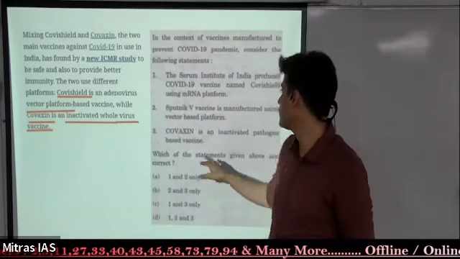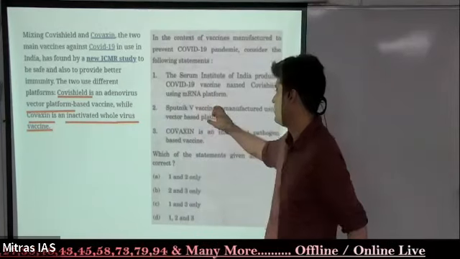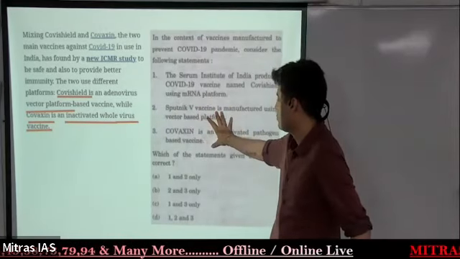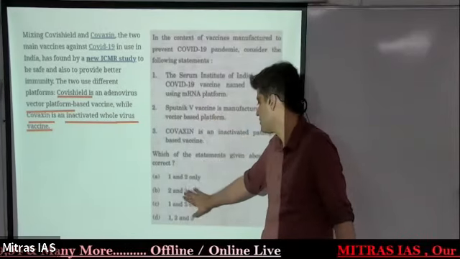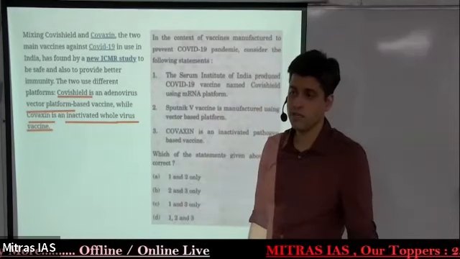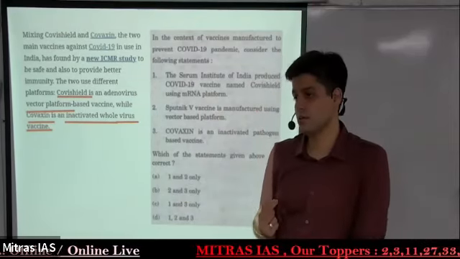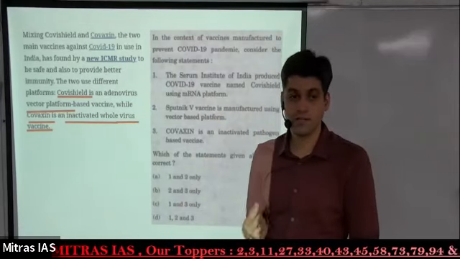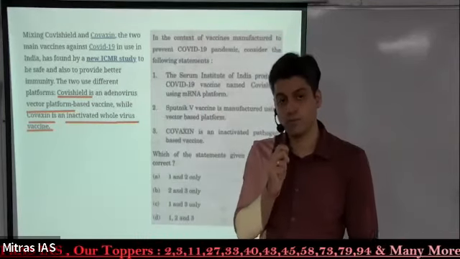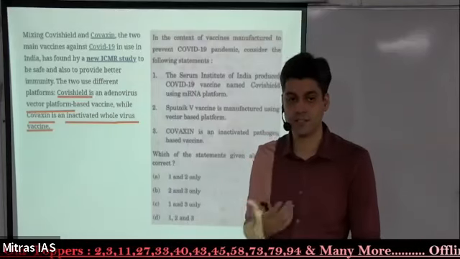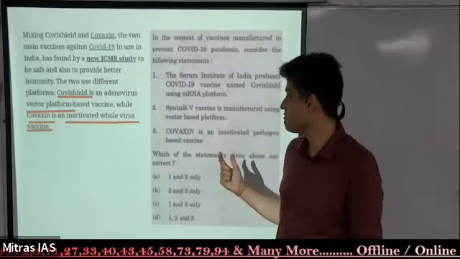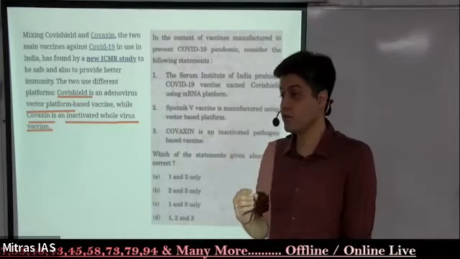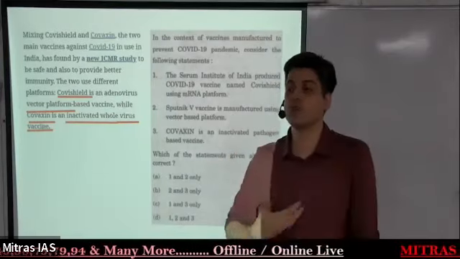So this was incorrect immediately. If this is incorrect, I don't need to look here. This is incorrect, this is incorrect, this is incorrect. This is the answer. Two marks today, when 85 is the cutoff, makes a lot of difference. And here we have to fight for every point, every mark, in decimals. And these are ways we can easily identify, not getting too excited in the paper.